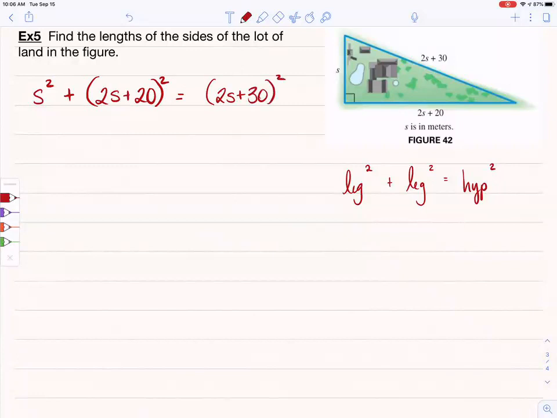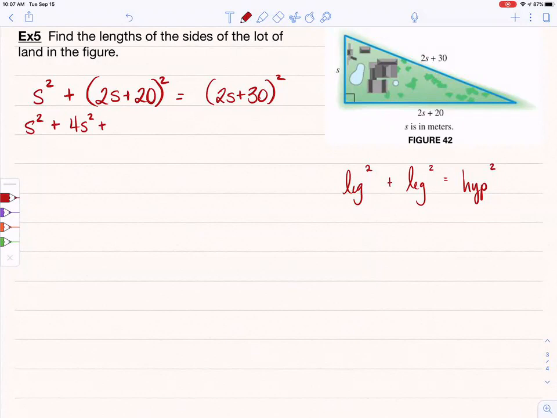Okay, now you'll remember that a square means I have two whole quantities. Two whole quantities says you've got to do what? Multiply by. You've got to FOIL. Okay, so you've got s squared. If you FOIL 2s plus 20 times 2s plus 20, if you need to go to scrap work and do that, that's fine. Okay, so first, outer, inner, last, this is going to be a 4s squared